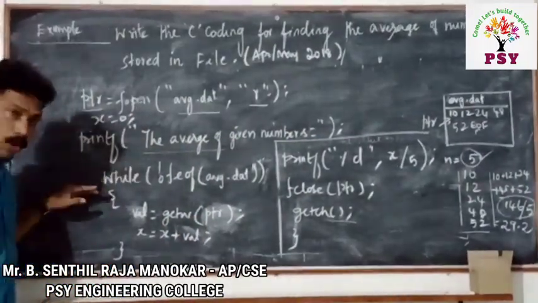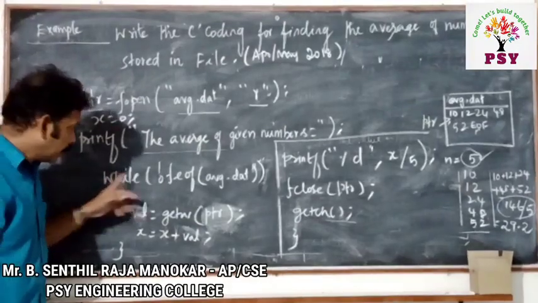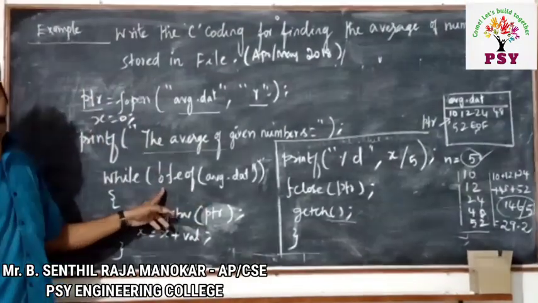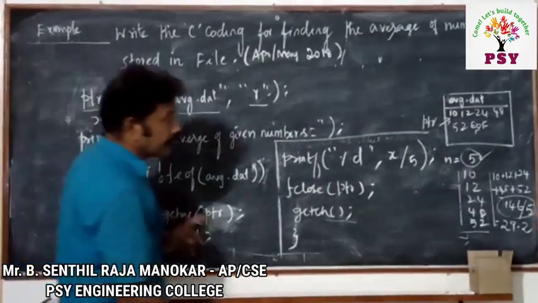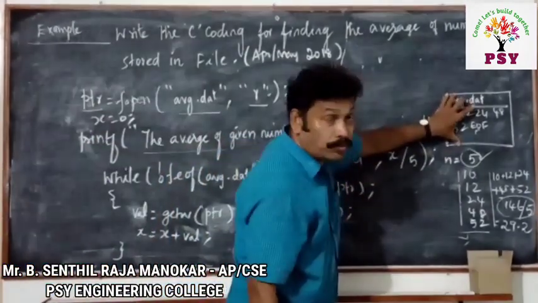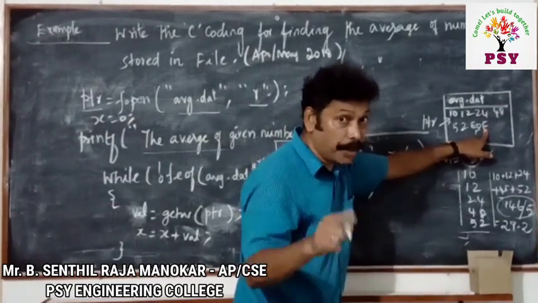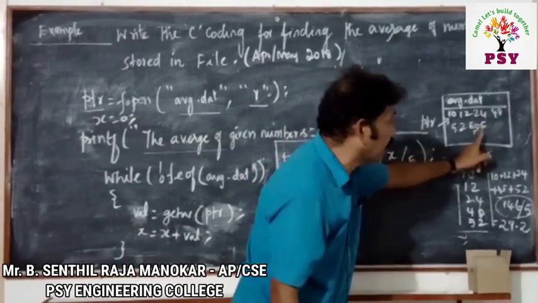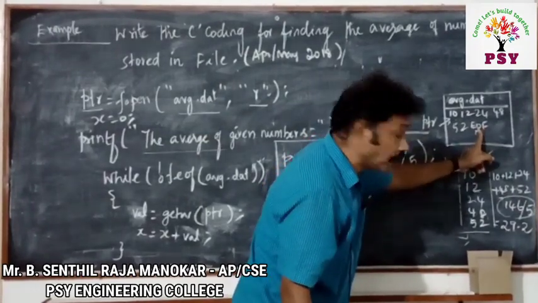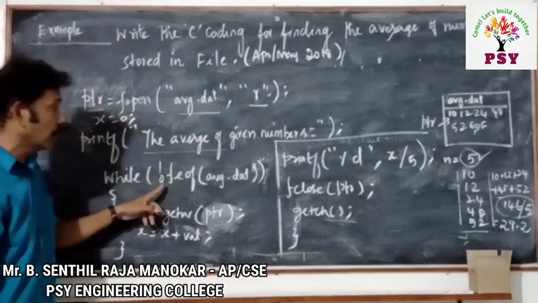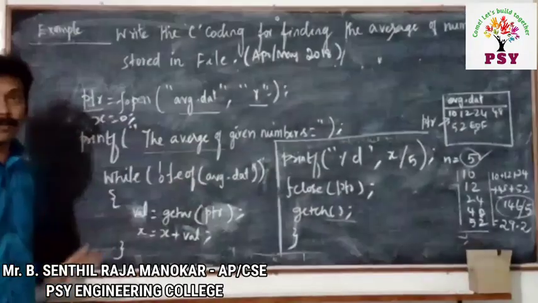Then next one, while the end of file is not equal to. That is the most important. That means once you store the final value, if you press Control Z or Control D, automatically end of file will be there. So that is the last one. So we have to take the first value, and if that value is not end of file,